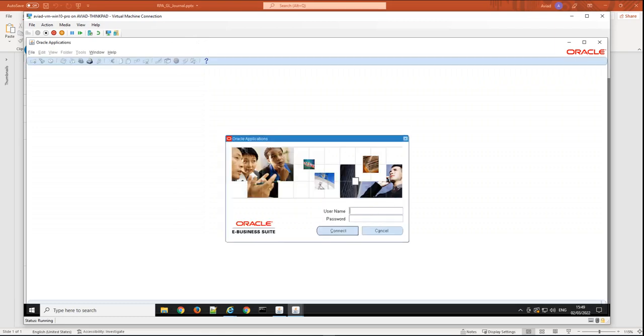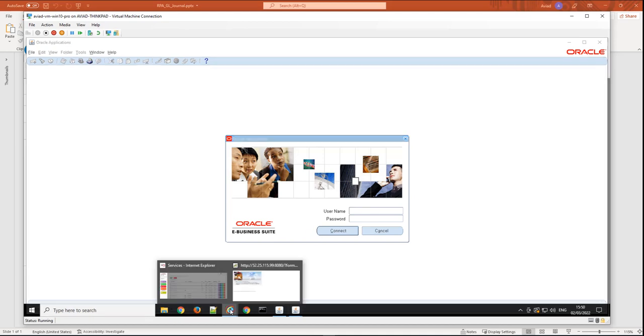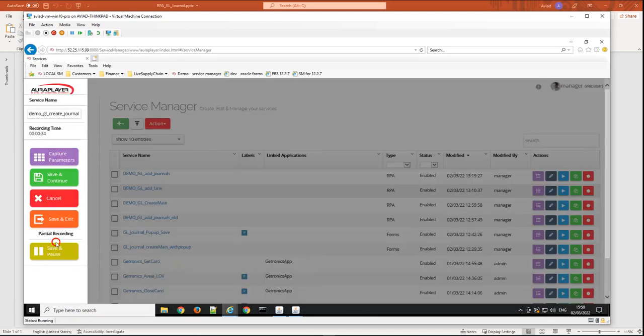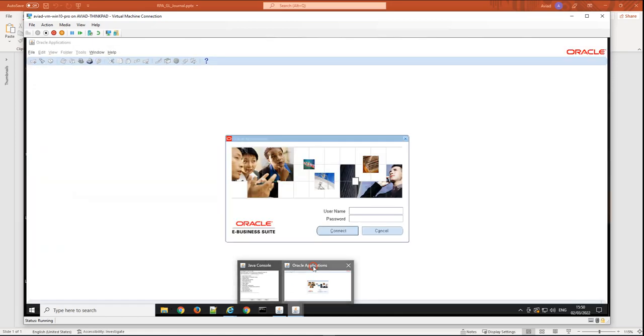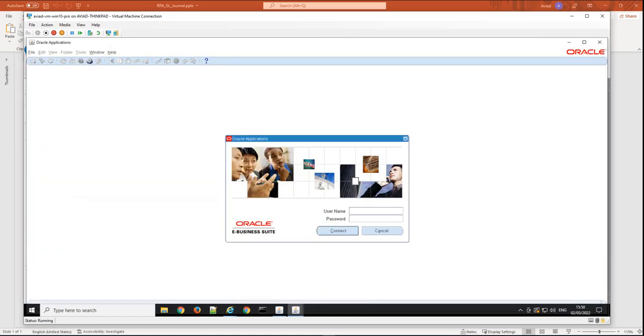And we can just start to do the flow that we want to record. Our recorder is here on the back. It's listening to all the events and to all the actions that we are doing. And all we need to do is just to simulate the flow. So I'll enter the login credentials,